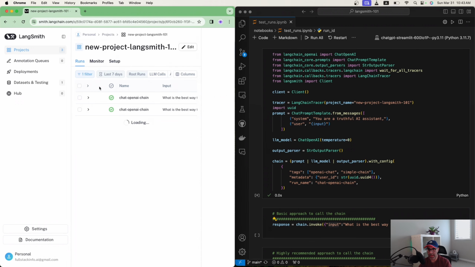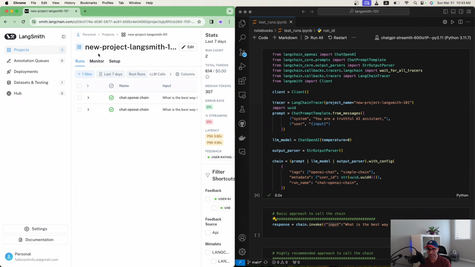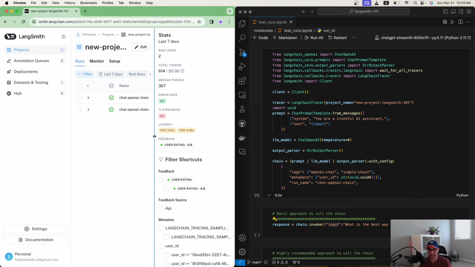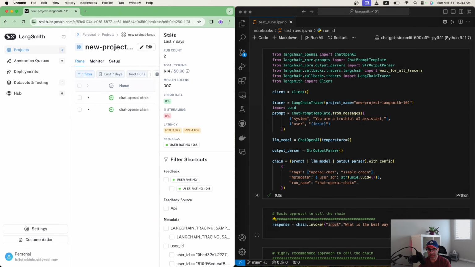So if I click on here, then I can see all the runs. I can even look at the monitoring here. If I go on the stats, it gives a summary of all the context within all the runs. And you have options to make filtration, add filter, or even add a tag.